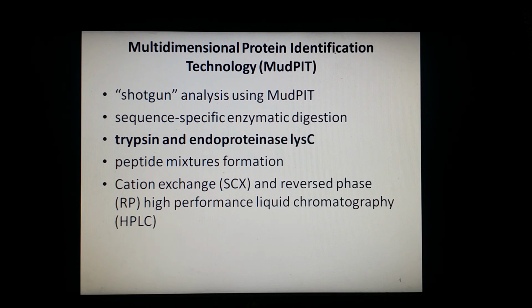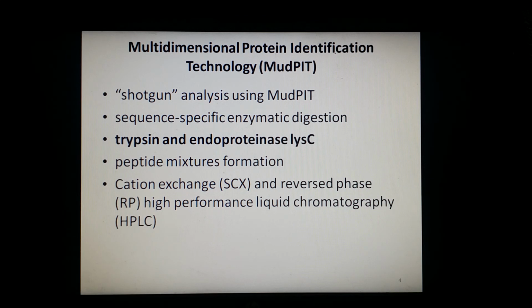It basically refers to the use of bottom-up proteomics techniques that are used to study the whole proteins in a complex mixture such as serum, urine and cell lysates. And this shotgun proteomics basically utilizes the technology of high performance liquid chromatography, that is HPLC, in combination with mass spectrometry technology. So this is the shotgun analysis.